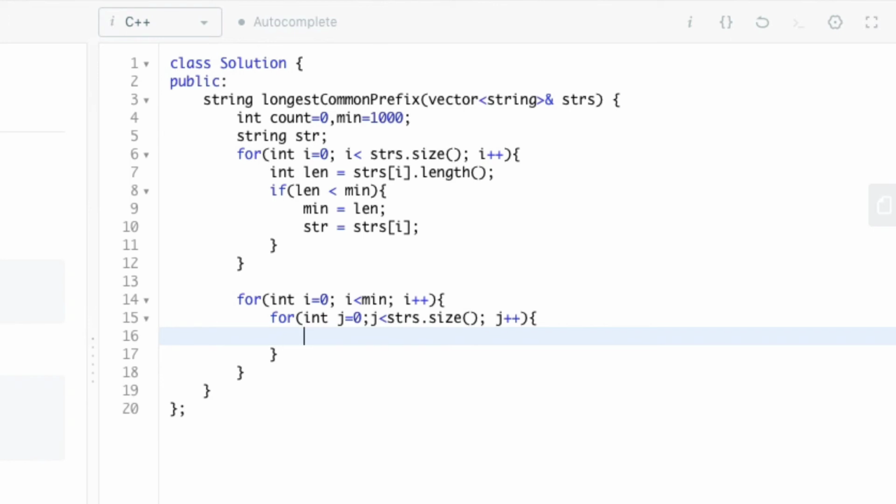Now if the ith character of the jth string is not equal to the ith character of the minimum string, then we need to return the substring.